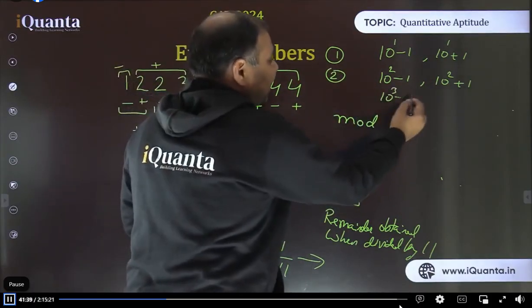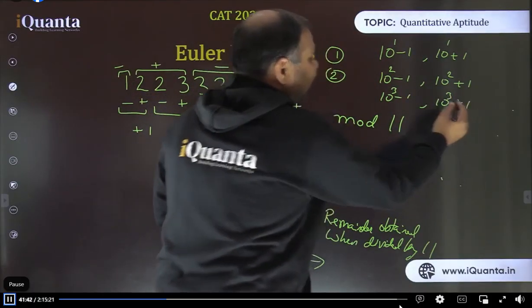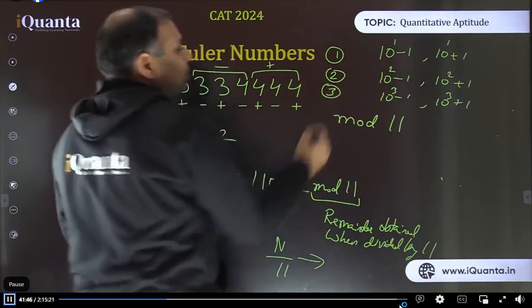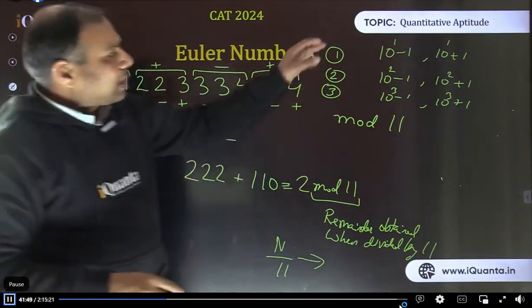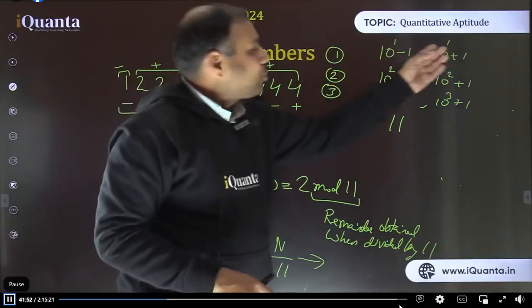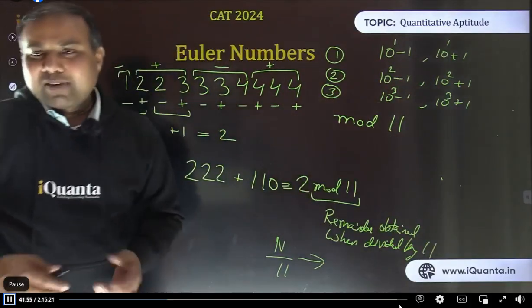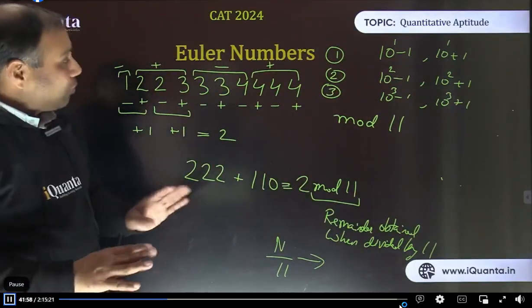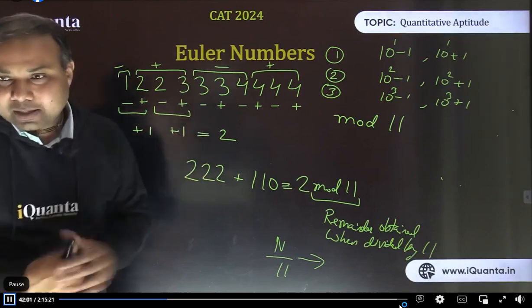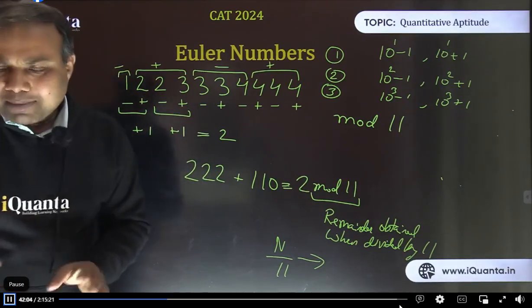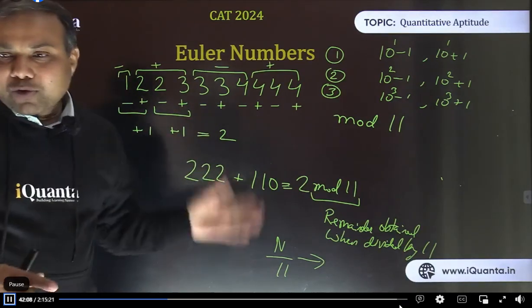10 power 3 minus 1, that is 999, and 10 power 3 plus 1, that is 1001: in that case we need to make a group of 3 digits. So how many digits the group should have is already fixed. But there are certain divisors which come into various categories. For those particular divisors, we have freedom, and we should make good use of that freedom. That's what we are discussing. Let me proceed further now. There may be some confusion, so don't worry. While solving questions, it will be clarified.